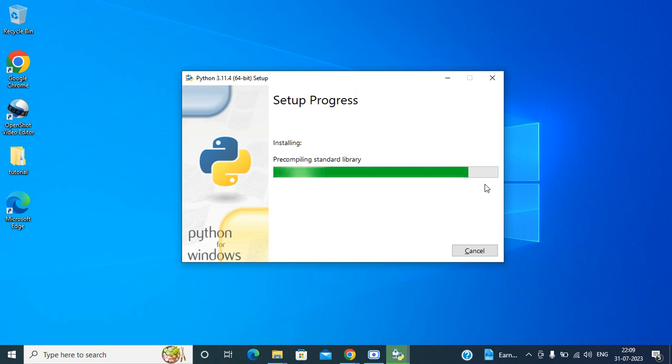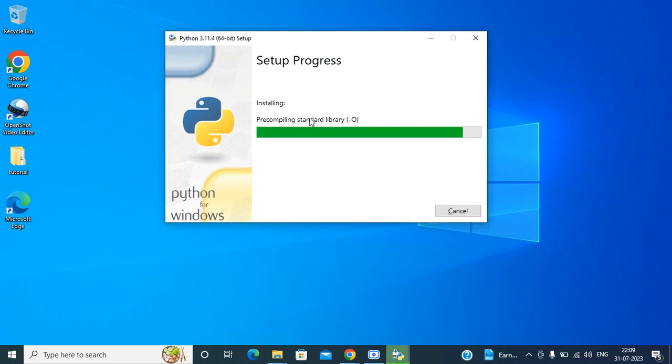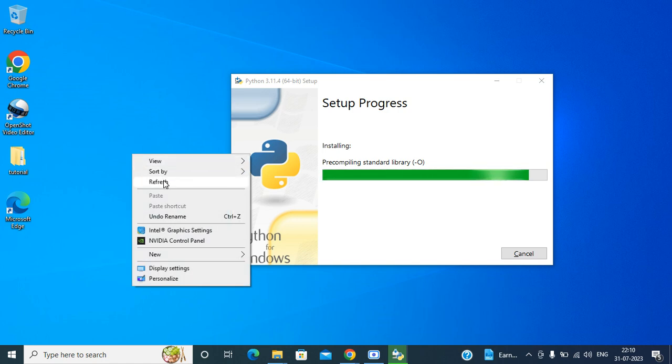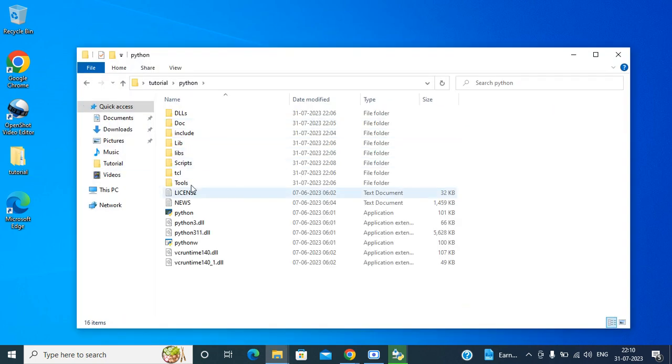Let's see, it's pre-compiling the standard library itself, it is waiting. Let it wait for 1 minute, maybe it should complete. Maybe I will refresh it, something like that. Okay, it's going to complete, maybe 90 percentage. Just for 10 percentage we need to wait. Maybe that is also complete within a minute. I'm just refreshing it, but nothing would happen. Just so you can see what things are installing here itself,